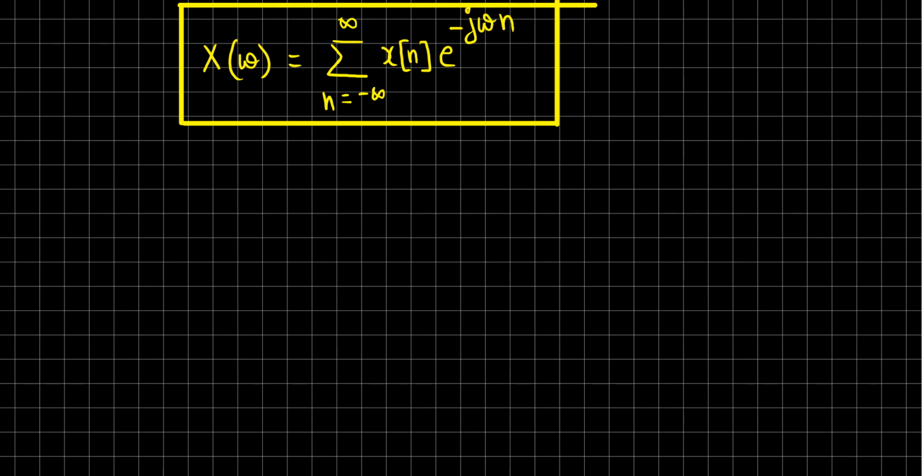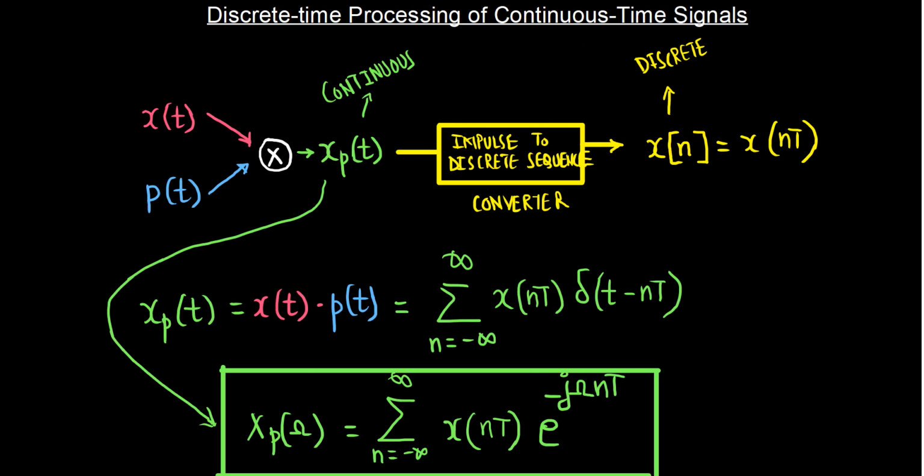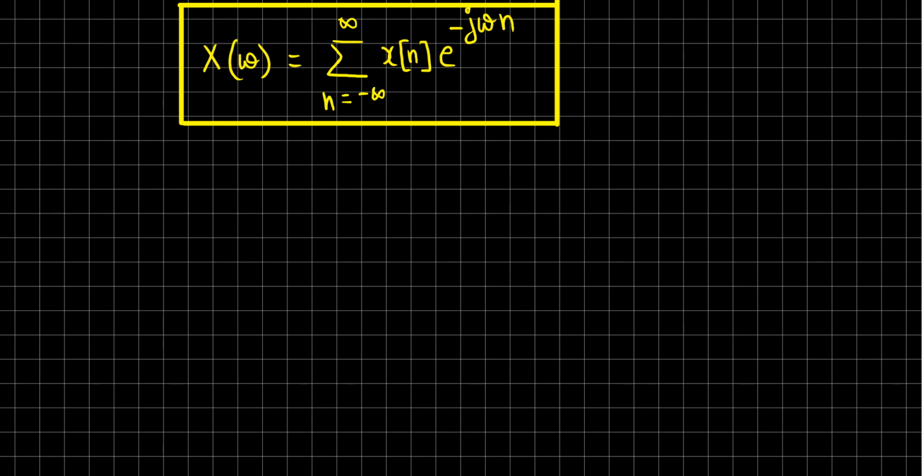That means for the signal that we would obtain after discretization, and this is the Fourier transform of the continuous time signal just before the conversion. So let's observe a close relationship between this xp of t and x of n in the Fourier domain. So xp of omega is the summation from minus infinity to infinity of x of nT e power minus j omega nT, whereas this X of omega is the summation n from minus infinity to infinity of x of n e power minus j omega n. If we compare both of these,